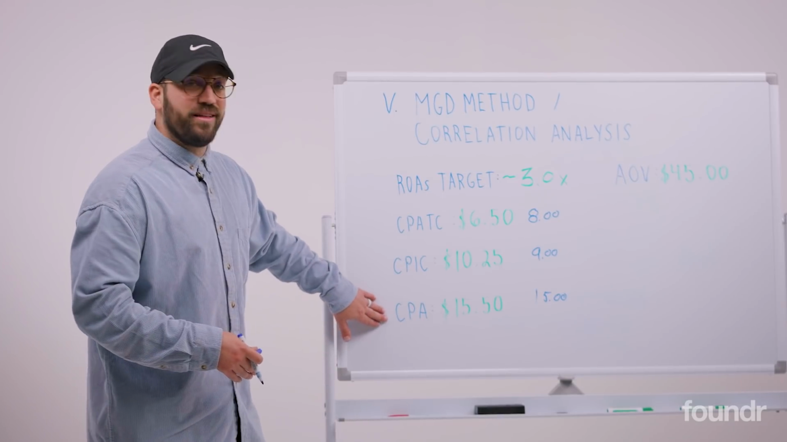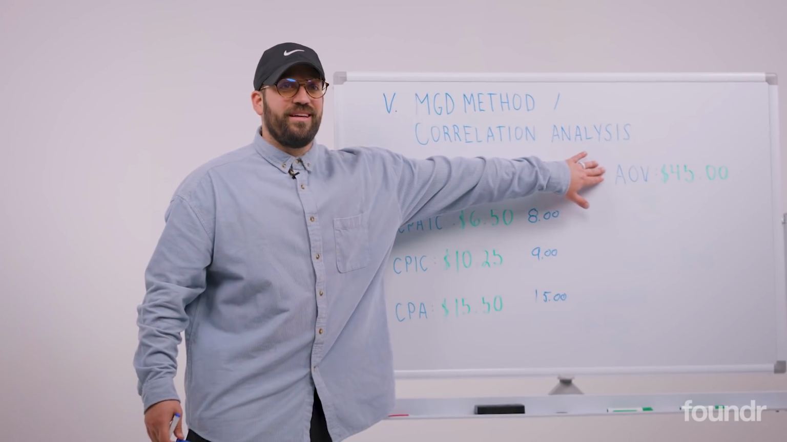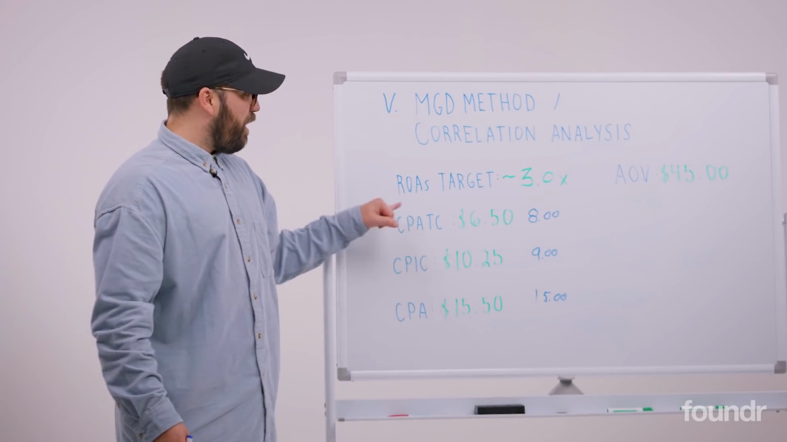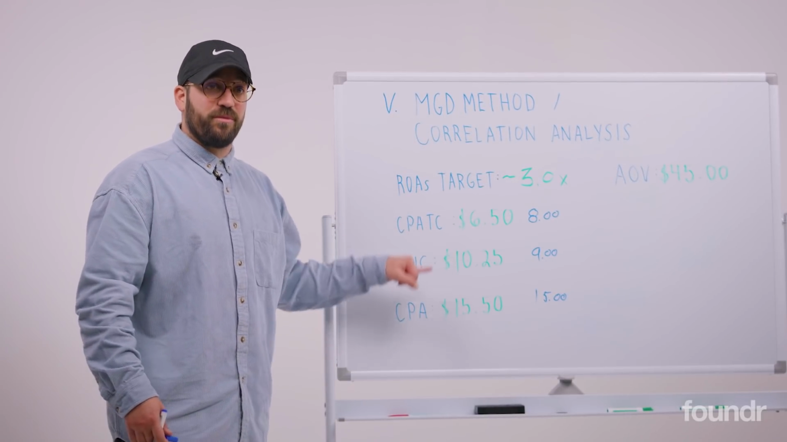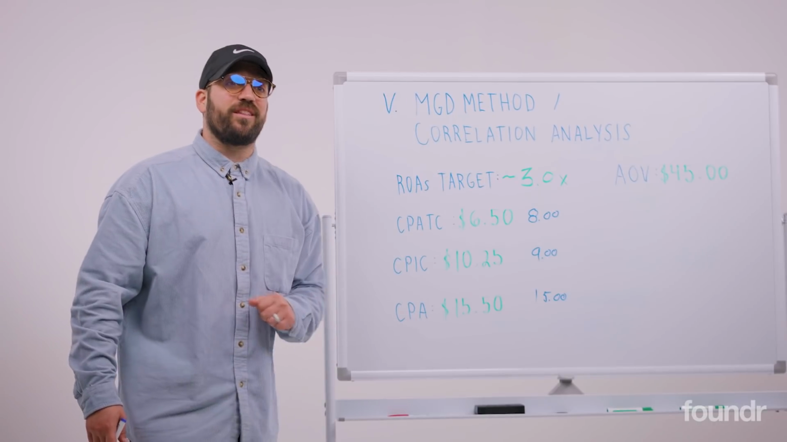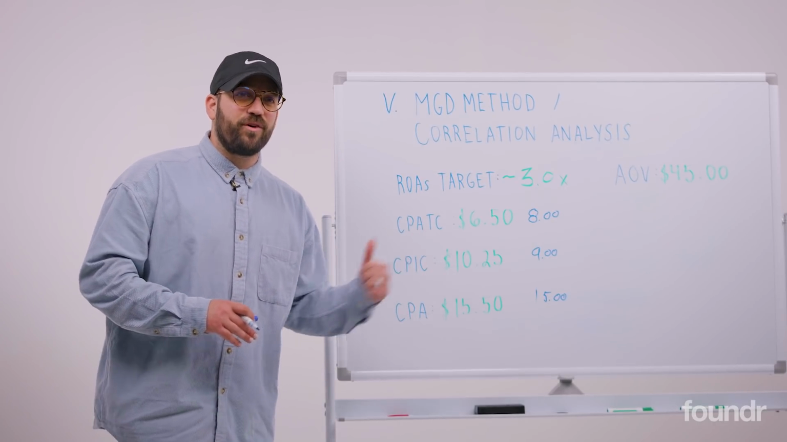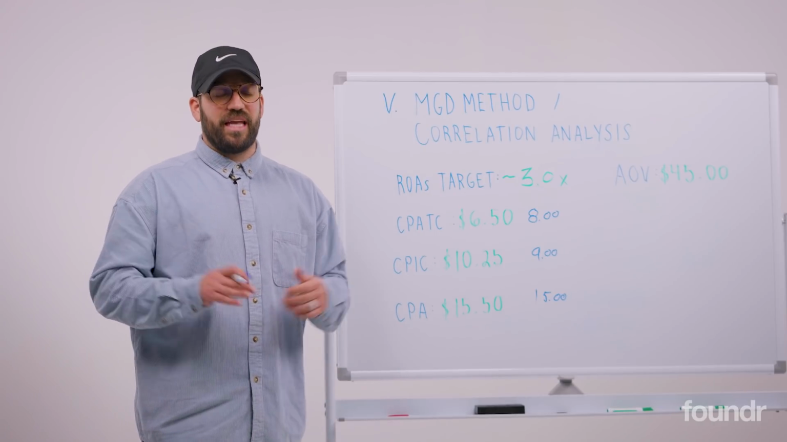But this all depends based upon what that AOV is spitting out to be. If the AOV fluctuates, if it goes a little bit lower, you might have to adjust your kill metrics or your decision-making metrics. If the AOV gets a little bit higher, you might get a little bit more room to run. Now, it might be difficult for you to determine this just by looking at the ad account, but